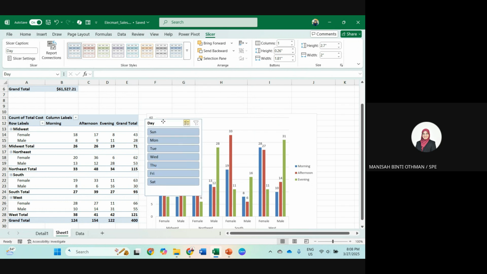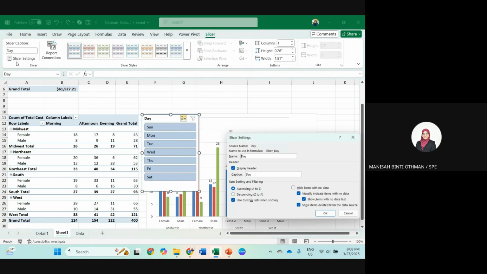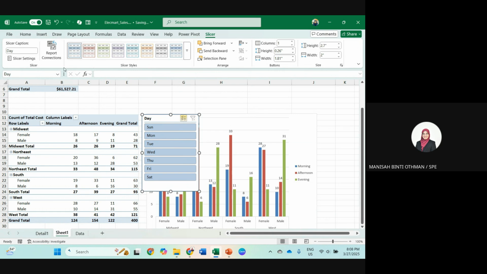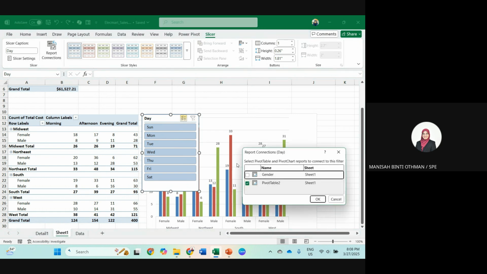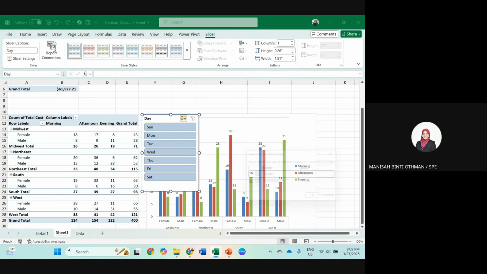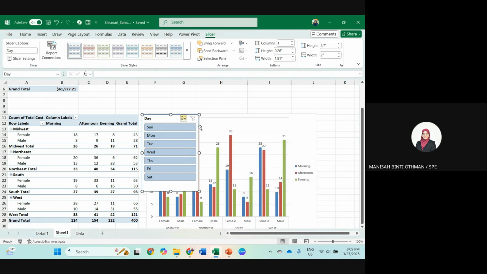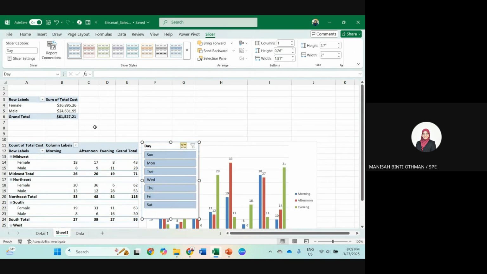Say you have 2 tables. In slicer setting you want to display day, ascending. Or you can connect, not only one table but both tables. Report connection here. When you connect both tables, one slicer works for both tables. But if you use a filter, it is only for one table.